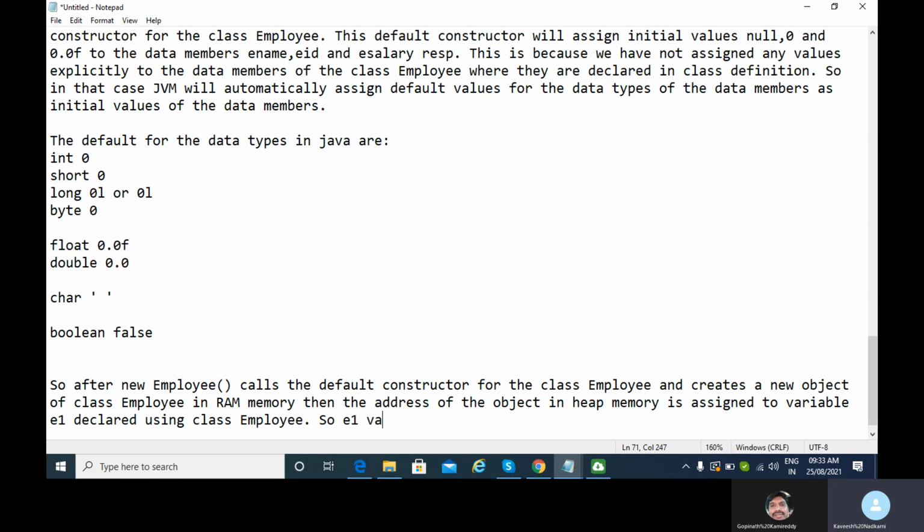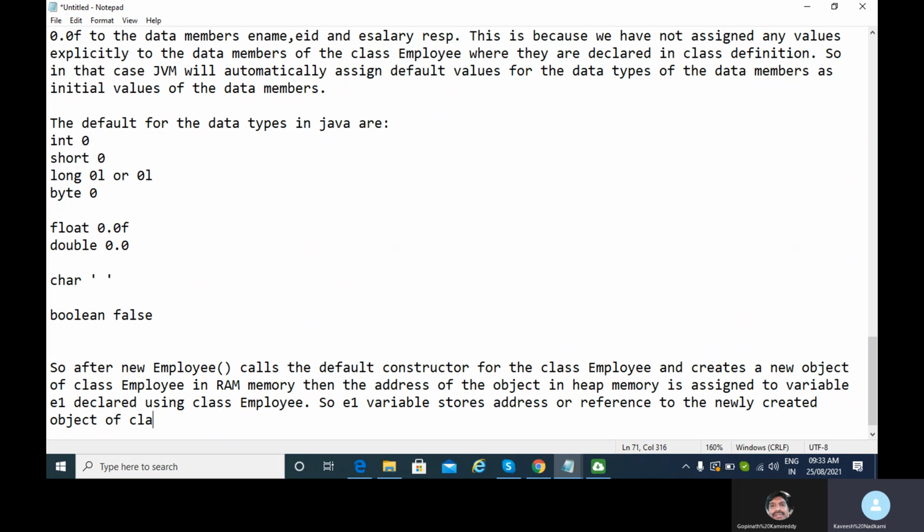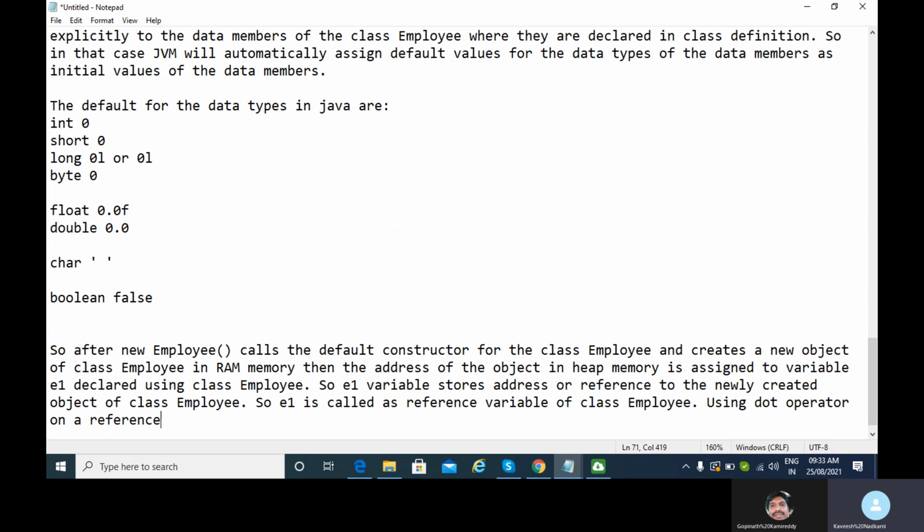So we can say the e1 variable stores the address or the reference to the newly created object of class Employee. So e1 is called the reference variable of class Employee. Understood, Gopinath? Using the dot operator on a reference variable, we can access the members of the object of the class which it refers to.